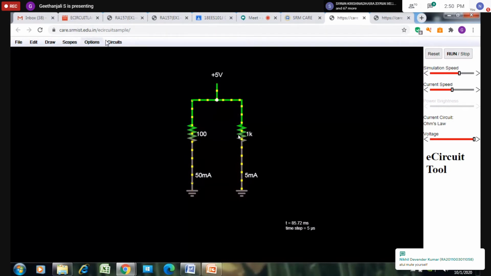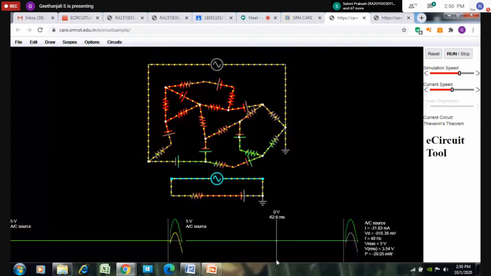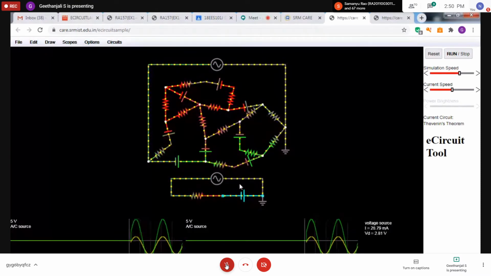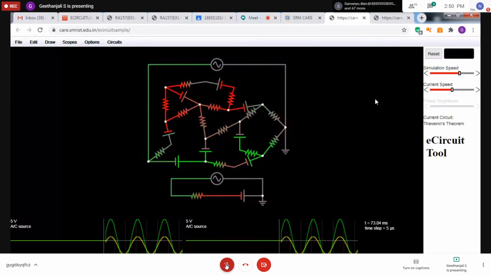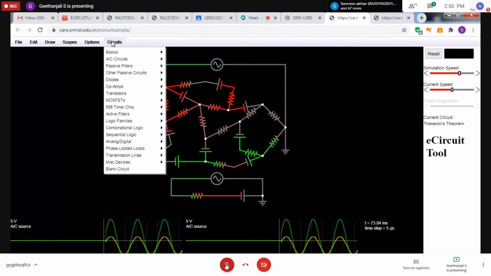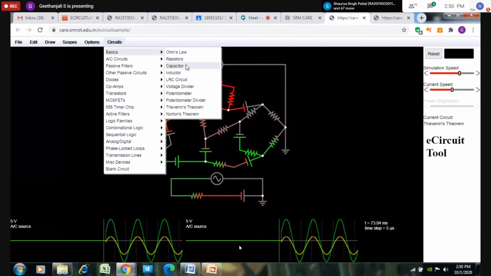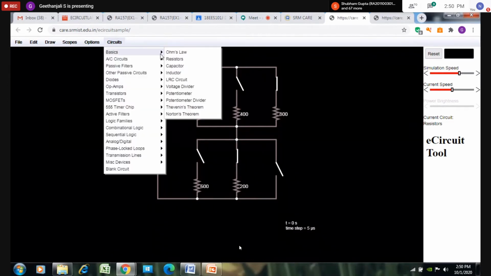Right? Then next, if you want to see the basic circuit, Thevenin's theorem means it is given. They made the Thevenin's theorem for the circuit. They got the output. Now the circuit is running. You want to start means you can start. Right? Then what they made, these are all the basic circuits. You click on Ohm's law, resistor, then inductor, everything you click on and you read. Anyway, I will tell. In your free time, all of you go through all the tabs.